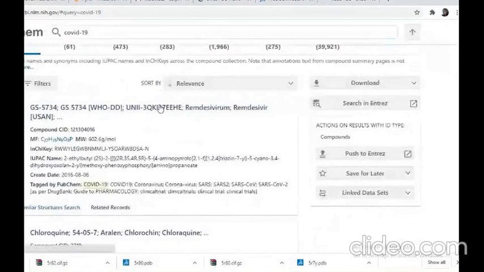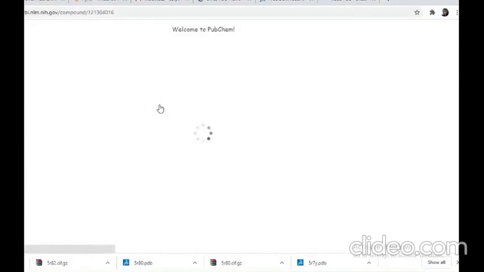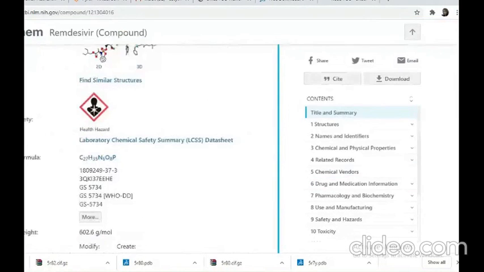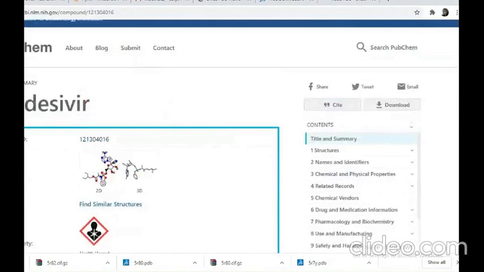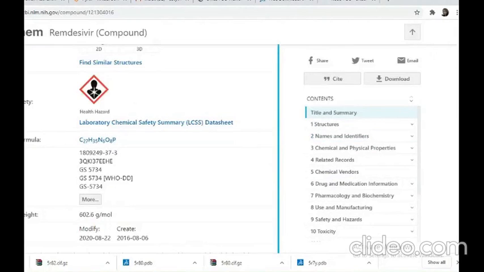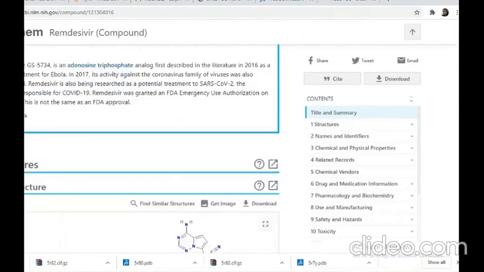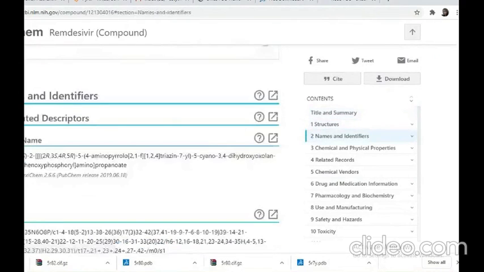Okay, so you go to this. When we click that, we can see all the information related to remdesivir: molecular formula, synonyms, molecular weight, description, 2D structure, 3D structure.